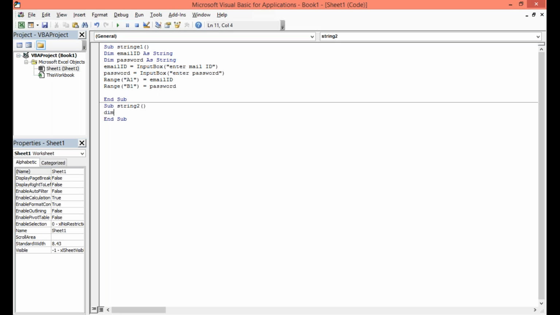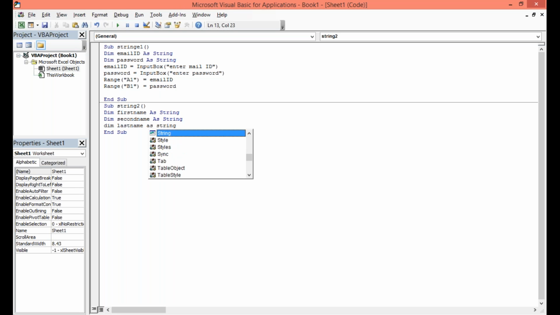So we'll take it as Dim first name as string, Dim second name as string, Dim last name as string. Then we give the first name is equal to InputBox, enter first name,